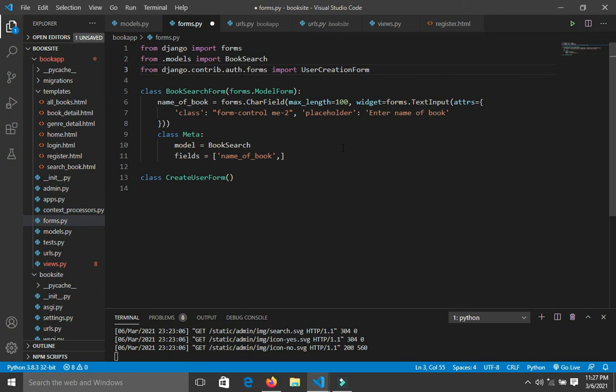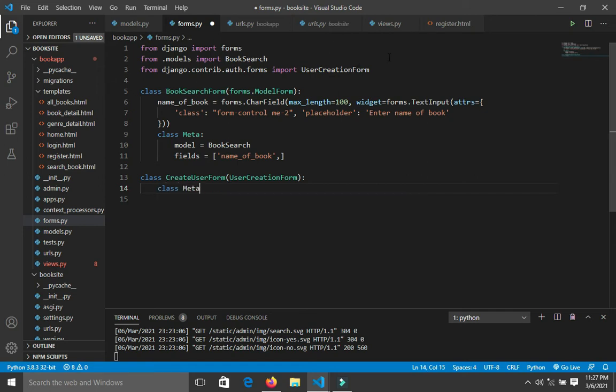Ctrl V. Okay, yes, so that is it. So CreateUserForm is going to inherit from UserCreationForm. Okay, after I've done that, we're going to say class Meta,